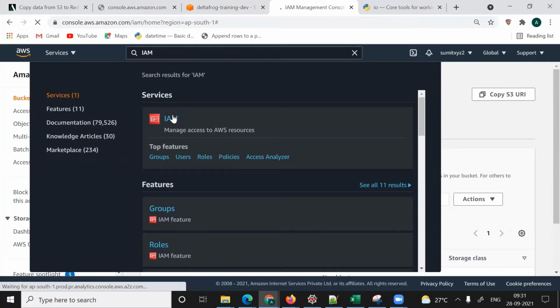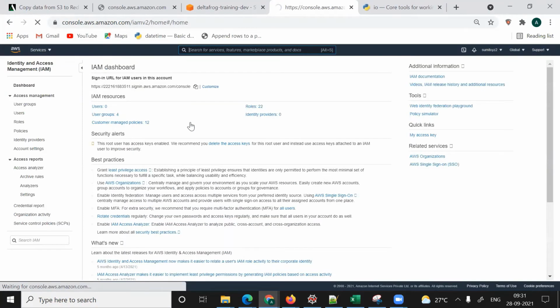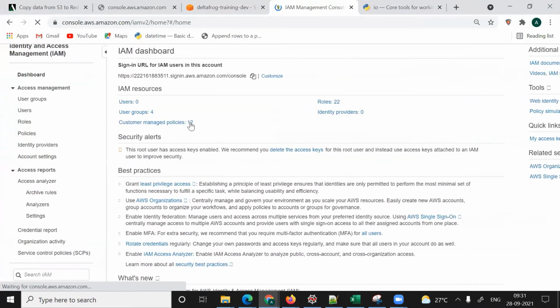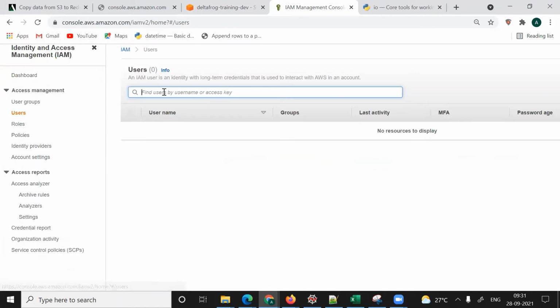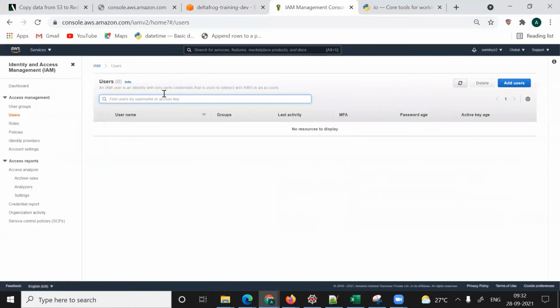We'll create one user with programmatic access, and we'll give S3 upload or S3 full access. So create user, or add user is here.